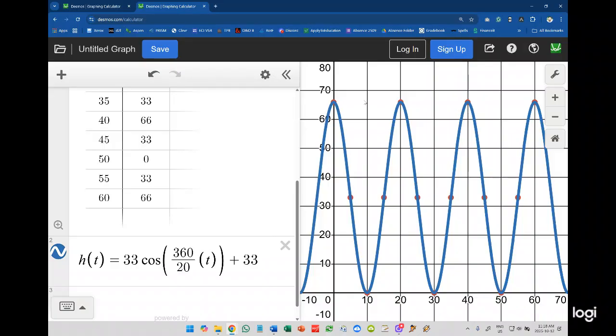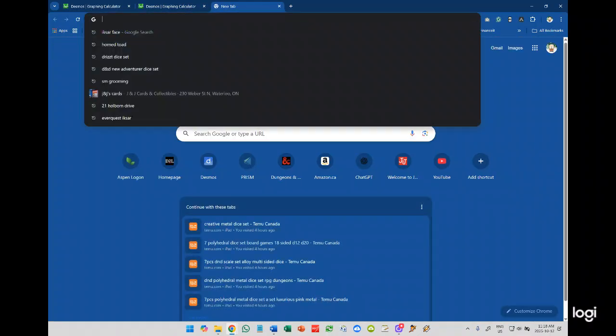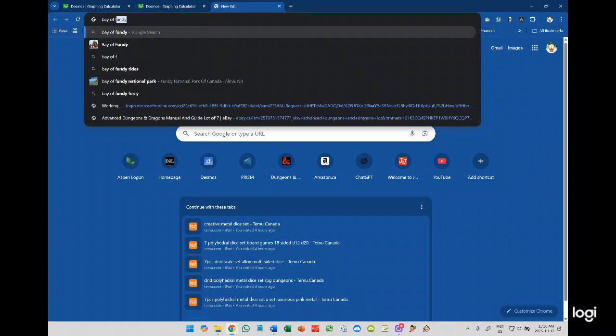All right, again, I'm not going to go back to the page because we don't need to. You've got the page in front of you. I'm just going to start talking through the question. So question 3 says that the Bay of Fundy, for those of you who don't know the Bay of Fundy, here, you know what, I'm going to just do it. Bay of Fundy